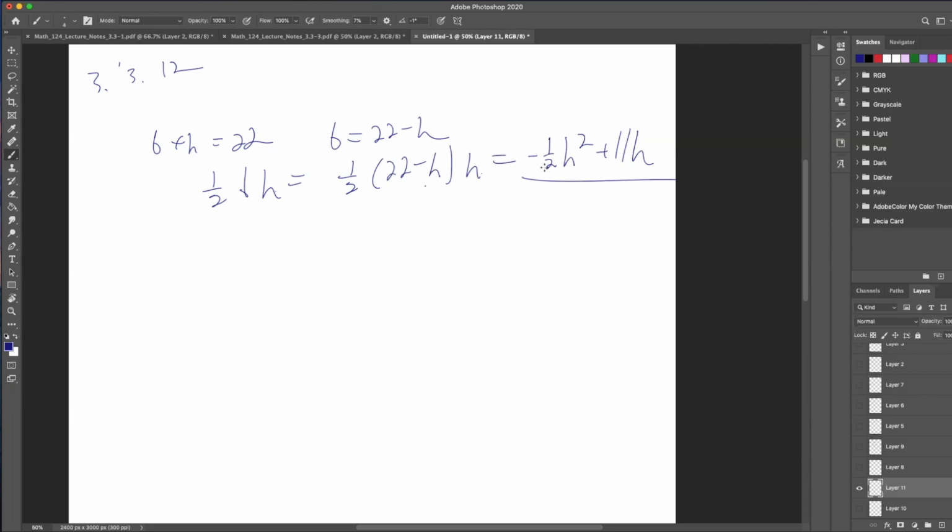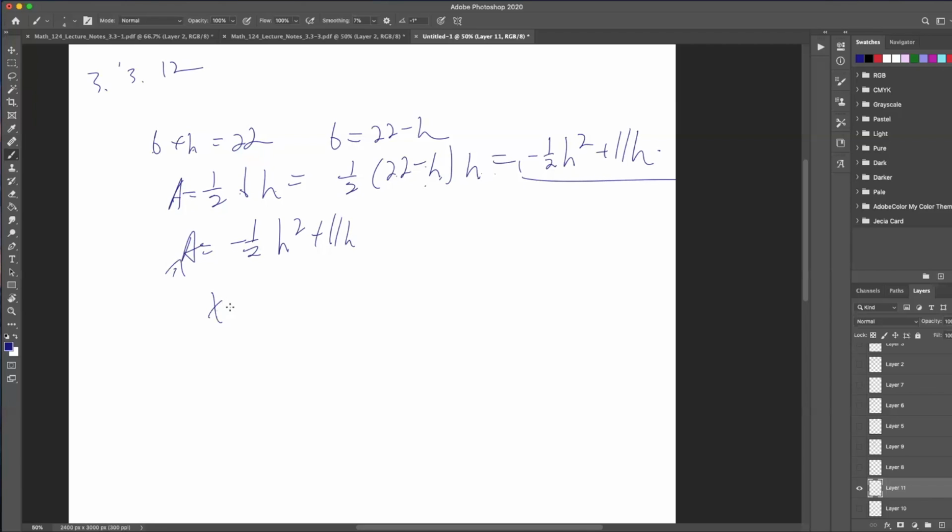So notice that this is a formula for my area: minus 1/2 h squared plus 11h. How do I do this? I know that my base plus my height adds up to 22, so I solve that for my base. Then the area of a triangle is 1/2 base times height, so I plug in my base and get 22 minus h times h. This simplifies to this, and I want to maximize it,